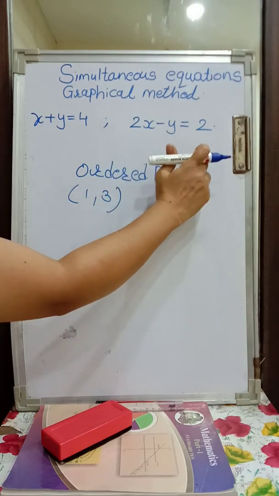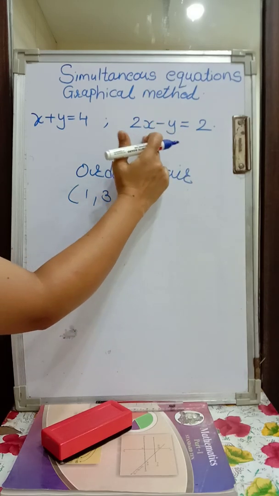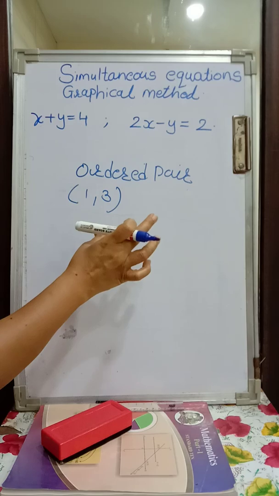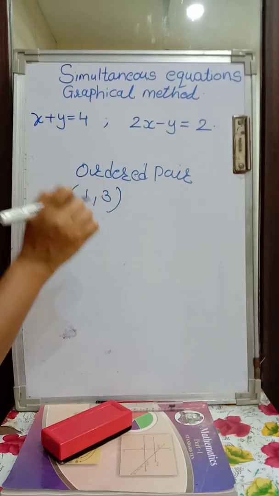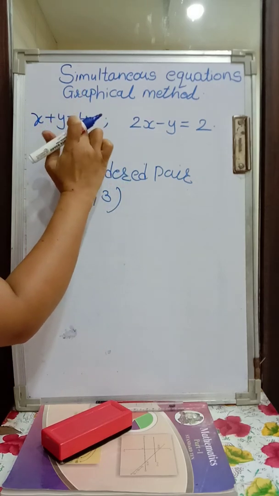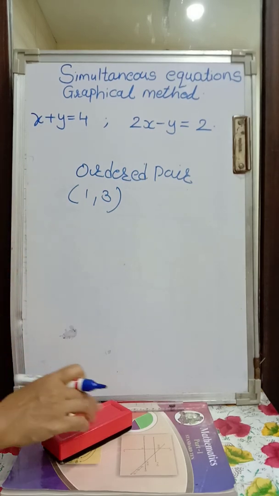Similarly, do for this, find 4 ordered pairs, you will get 4 points. Draw another line which will represent this equation. Now, both the lines will be on the same graph paper and somewhere they will intersect. That point of intersection is nothing but the solution of these two simultaneous equations. So, it's very interesting. Let us see one by one.